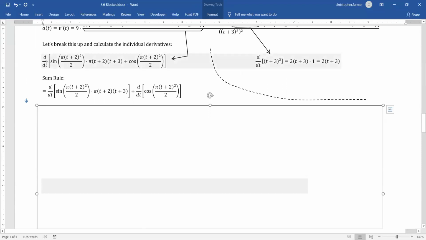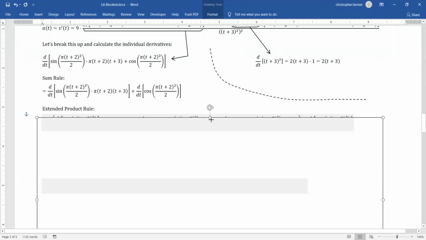You cannot separate that into the derivative of the two different pieces here without knowing that you're allowed to do that with the sum rule. So the derivative of a sum is just the same thing as the derivative of each individual term. These are huge terms, but they are terms nonetheless. So the sum rule just allows you to break this down into 2 separate derivatives. And then after that,